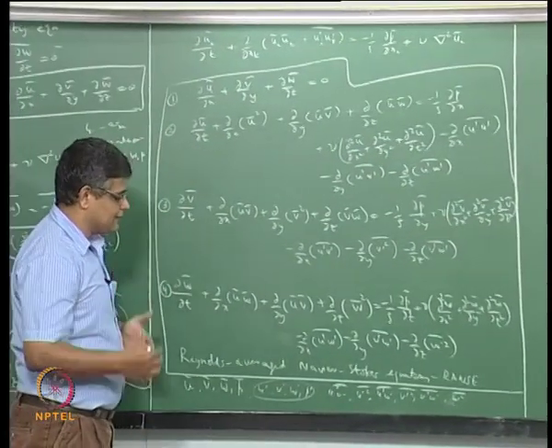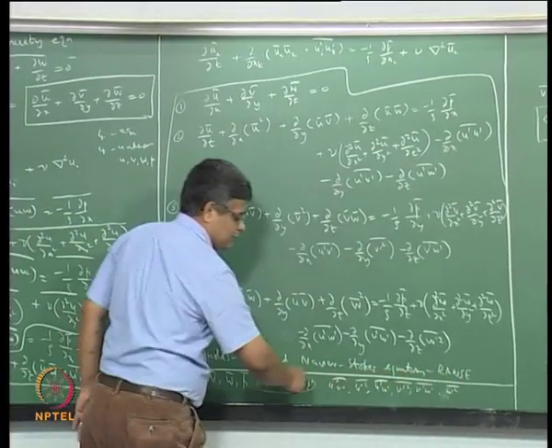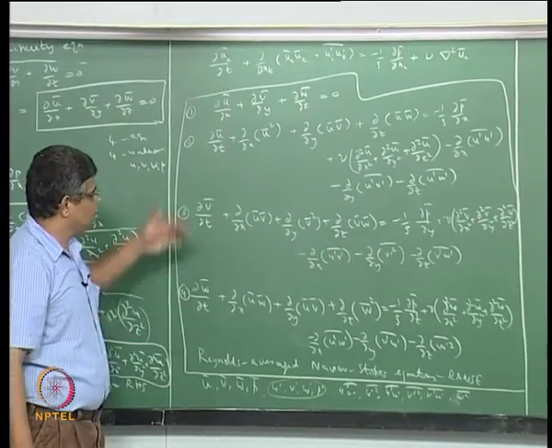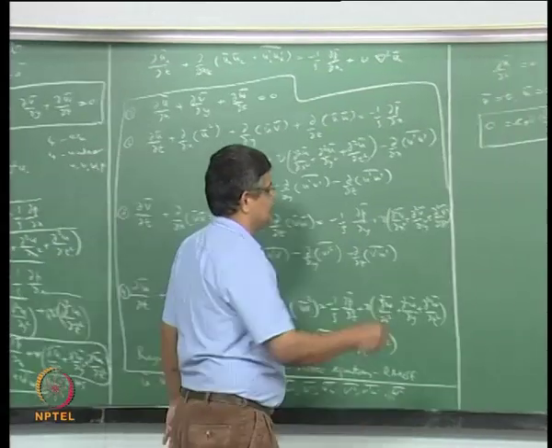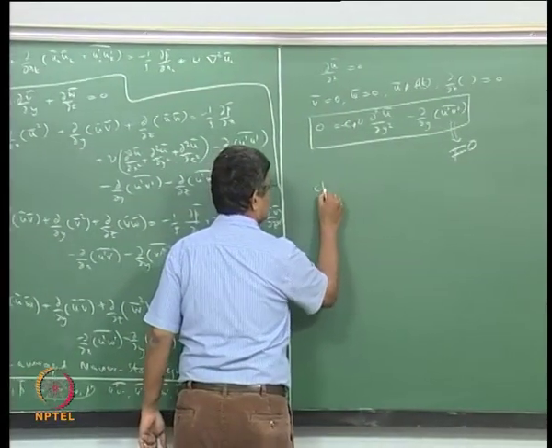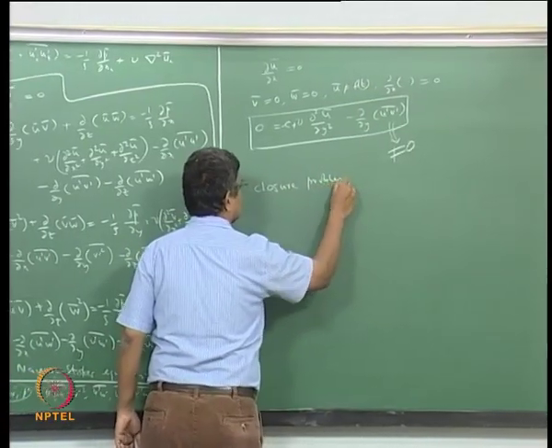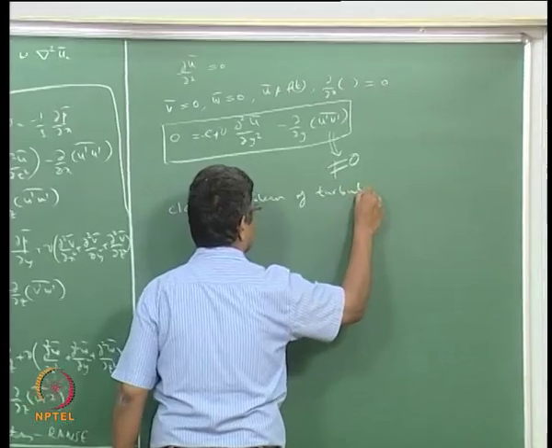So in the general case we cannot cross out any of these things, and we are left with the problem of 4 equations and 10 variables. So this is the closure problem, the closure problem of turbulence,